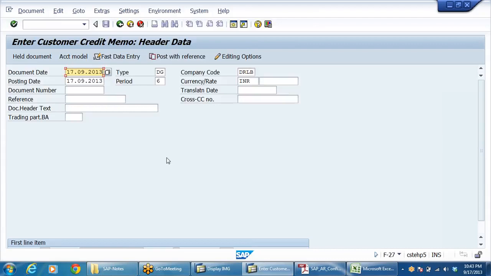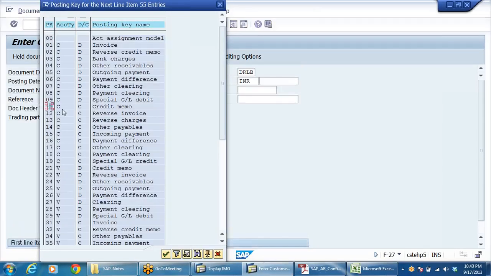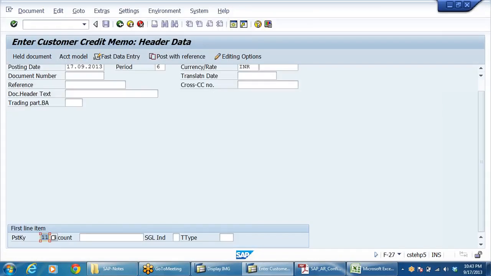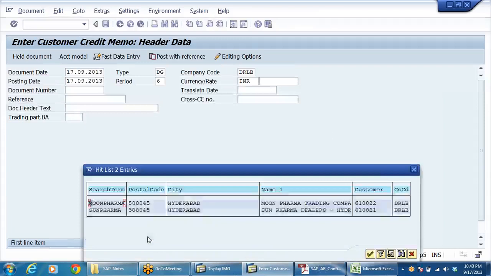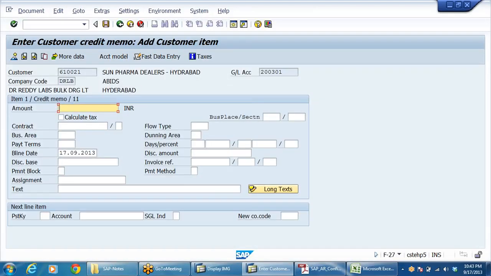So here posting key 11. 11 is nothing but customer credit, customer credit memo. By default the system takes 11. So customer credit, say for example 10,000.